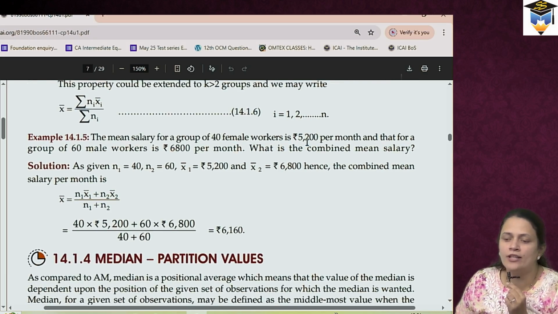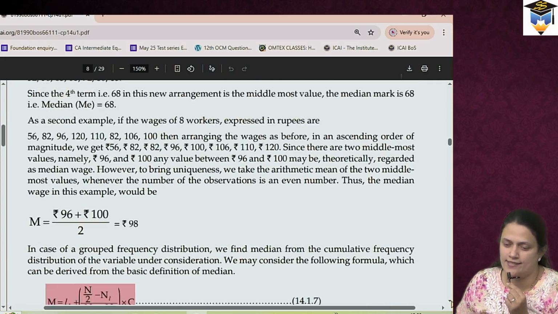Now tell me, what is N1 given to us as? 40, the number of female workers. N2 is given to us as male workers, which is 60. X1 bar is given to us as 5,200. X2 bar is given to us as 6,800. So the combined mean x bar is calculated as N1 x1 bar plus N2 x2 bar upon N1 plus N2, using this property. Understood? Now we will directly go to the exercise